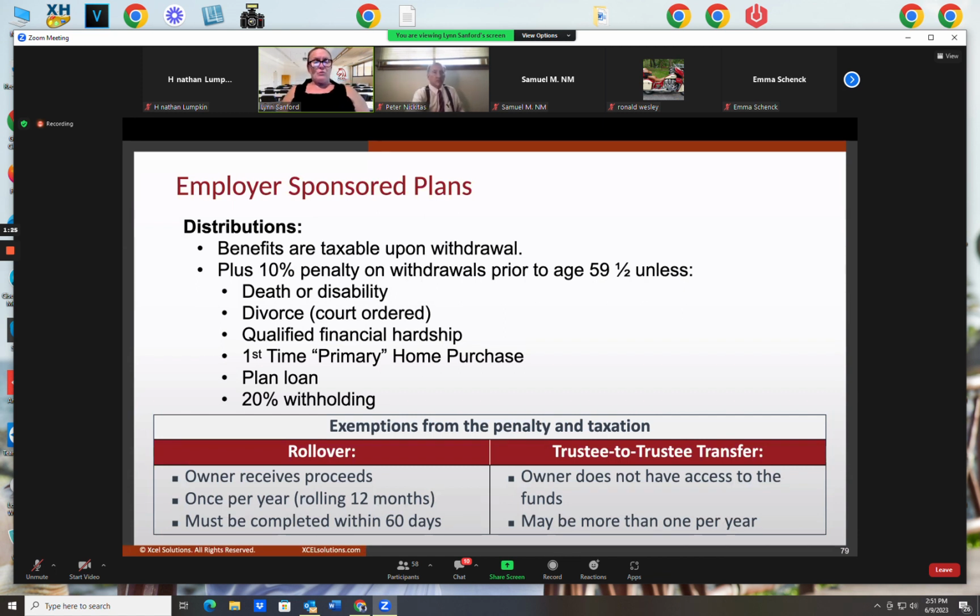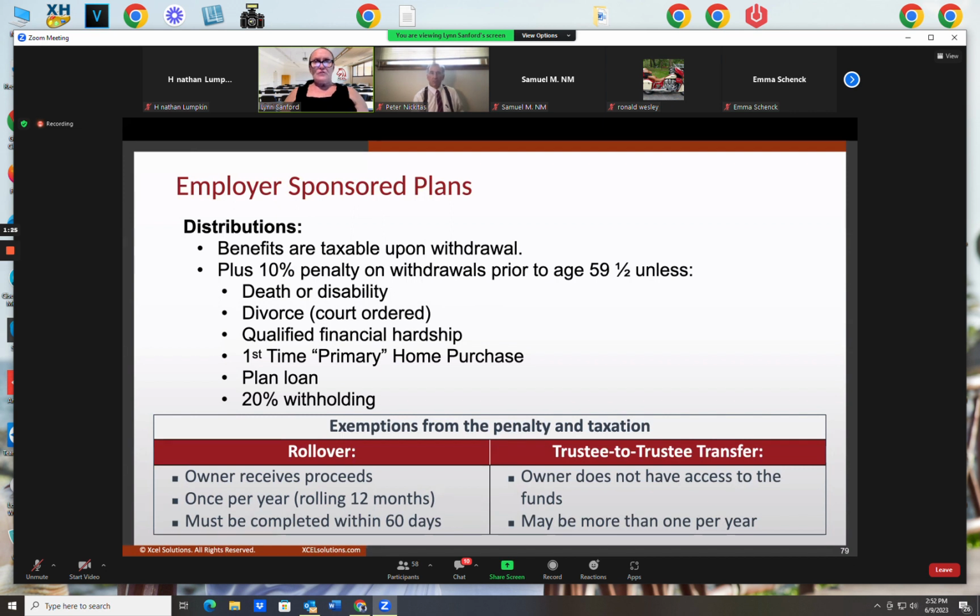If you roll it over, now rollover means you're sending for the money, the plan administrator cuts the check and mails the check to you, so you're in receipt of the money. Now you've got 60 days to roll it over into a traditional IRA account or another qualified plan. Otherwise, you're going to pay tax on this whole amount of money in this given year. Now, these checks are large. They're in the hundreds and hundreds and hundreds of thousands of dollars generally.